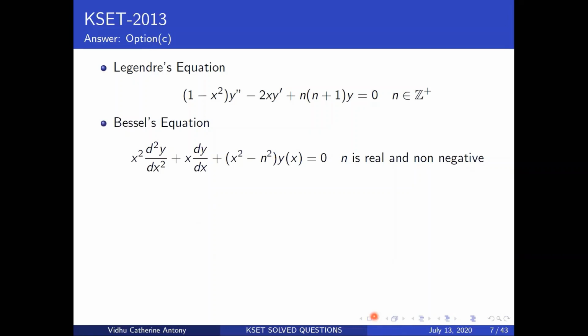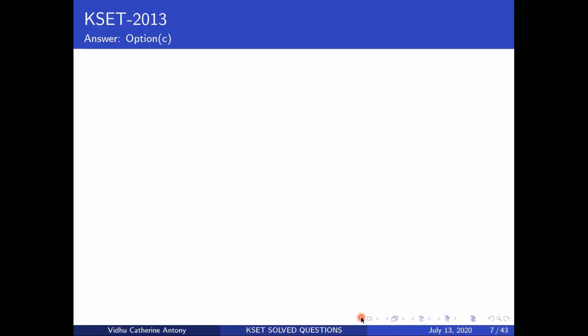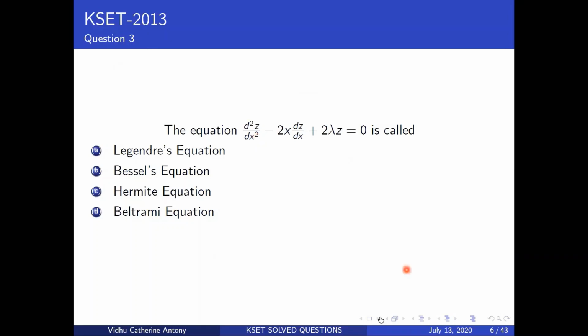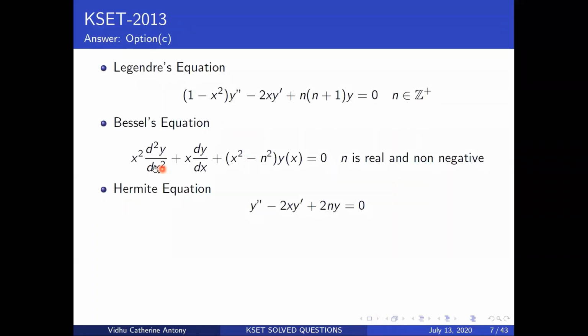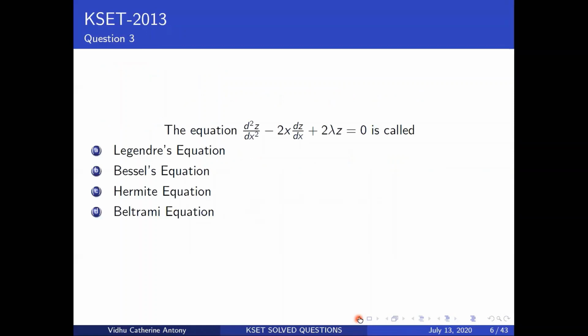You have to memorize this, and you'll have to compare how these equations look with this question that is given to you. Next is your Bessel differential equation. Okay, and then this is your Hermite differential equation. So this is in terms of y. Okay, the question is in terms of, it's basically like this. You have a z double prime minus 2x z prime plus 2 lambda z is equal to 0. Okay, so that's how you have it here.